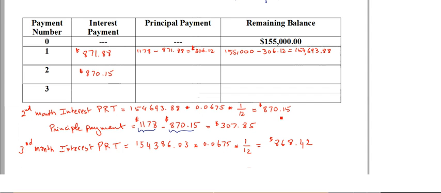So since this $870.15 went for the interest, how much is left for the principal? You take the payment minus the interest, we get 307.85. So let me write it down, minus whatever interest we paid, so it's going to be 307.85. And now the remaining balance will be whatever was before, 154,693.88 minus the amount they just paid, which is 307.85, and that will give us this number,